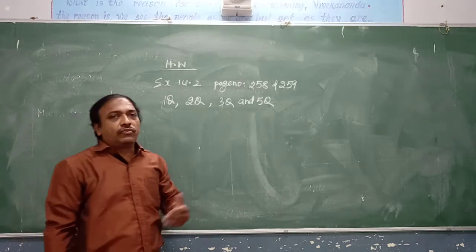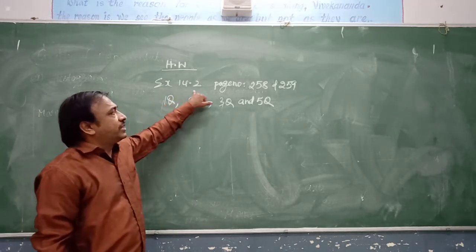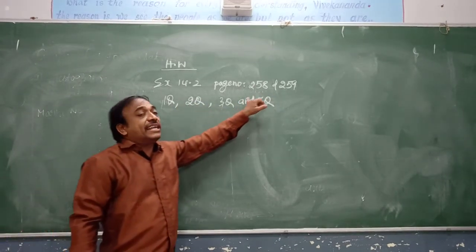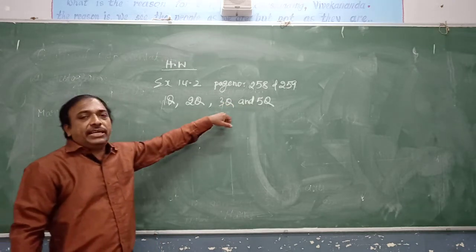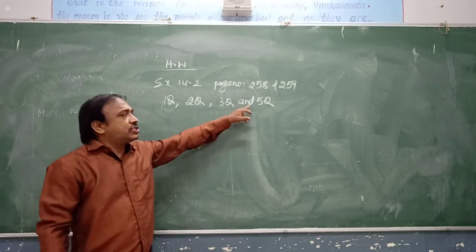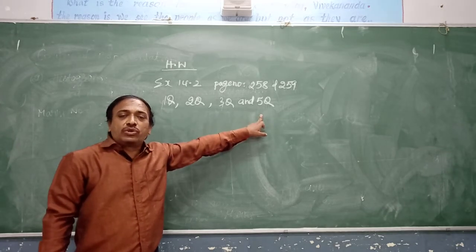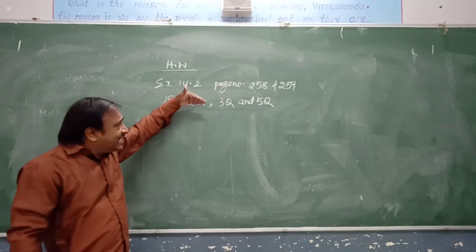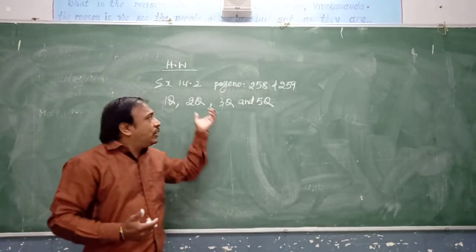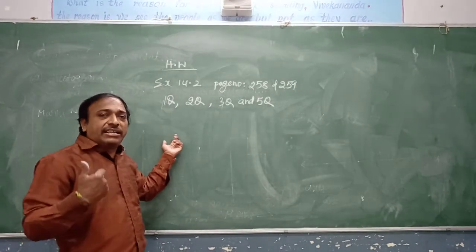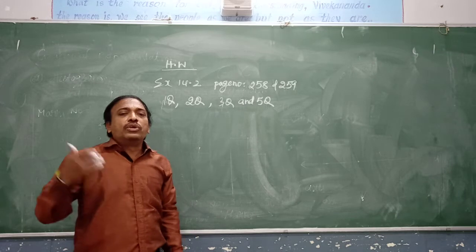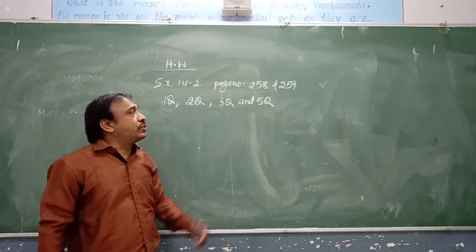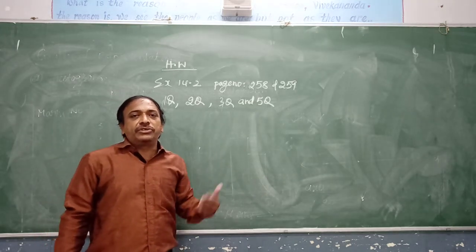Now we have some homework questions from exercise 14.2, pages 258 and 259, questions 1, 2, 3 and 5. Questions 1, 2, 3 you need to represent as a bar graph, and question 5 as a histogram with a grouped frequency table of continuous class intervals. Below these questions in the textbook there are some questions, like who is the maximum or what is the minimum. For those questions also, after representing the data, you need to answer in your notebook.